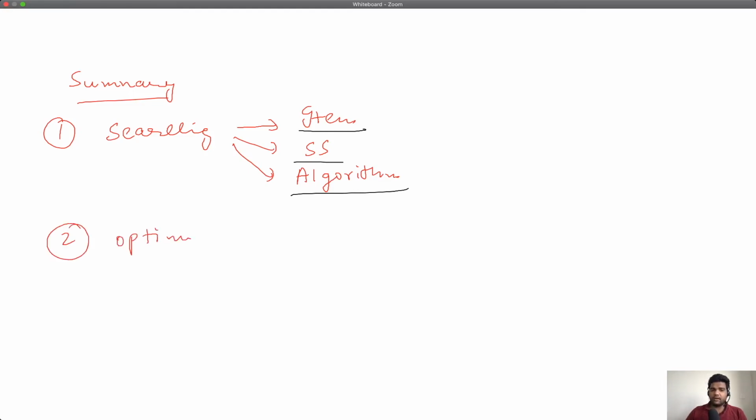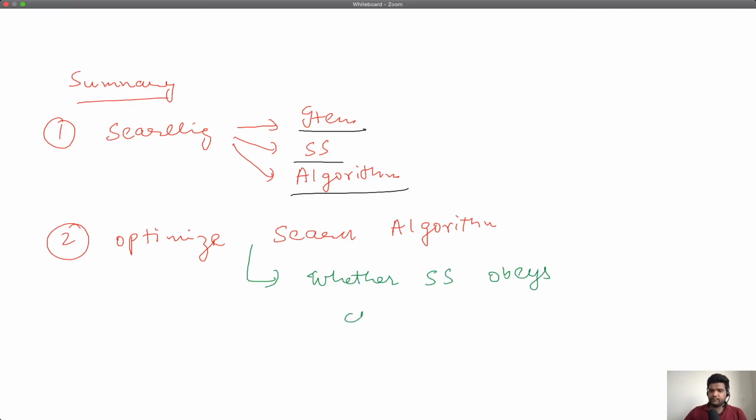So I want to come up with faster ways of searching in the search space. We said that will really depend on whether the search space obeys certain properties. For instance, in the analogy, it was clear that you were able to search faster because the items in the supermarket were grouped into categories.